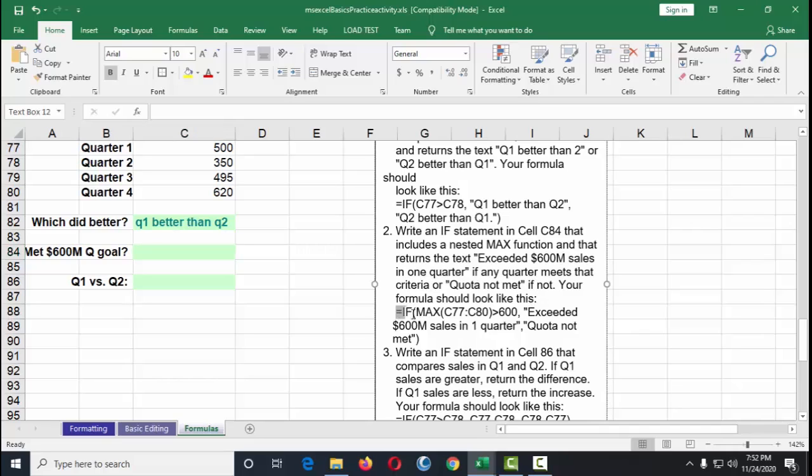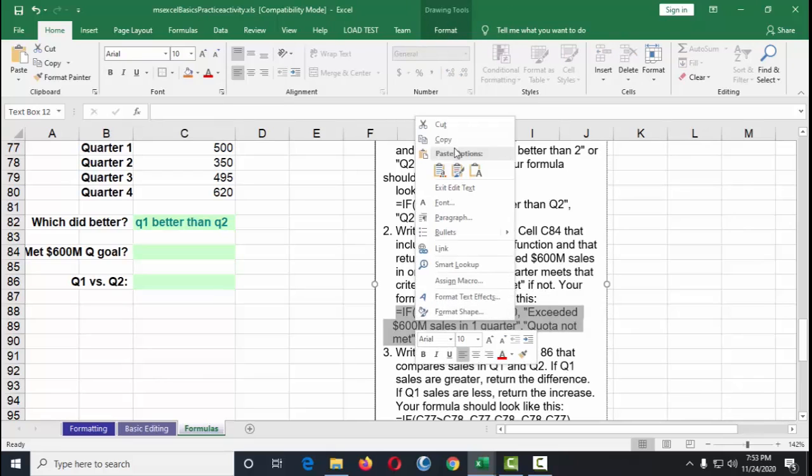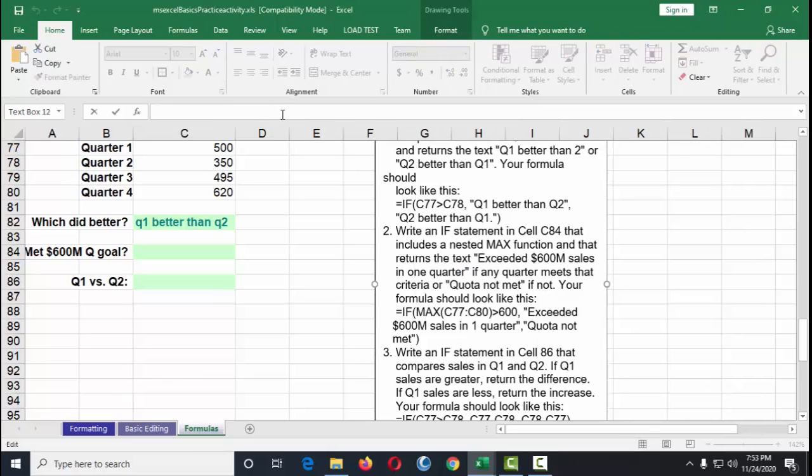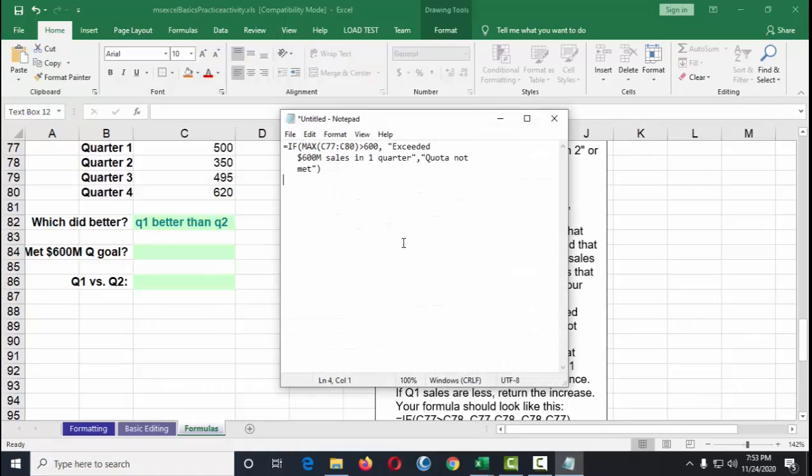So let me just copy this and paste. Sorry, did that happen? Okay, let me do that again. Let me type it first in a notepad because it doesn't appear on one line in Excel.